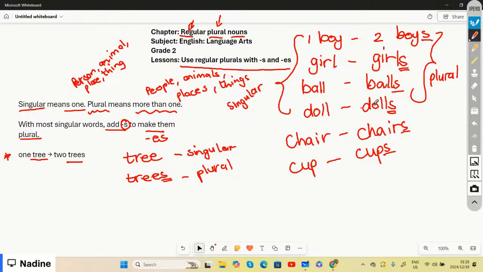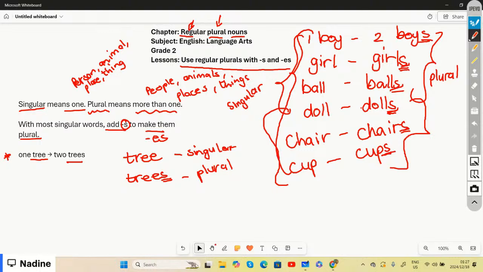right? So that is basically how we identify whether something is singular, which is these words over here, and plural, where we just added an S to show that the word makes mention of anything that is two or more. And we said that singular means one, plural means more than one. And with most of our singular nouns, all we do is add an S to that word to show that it is plural,